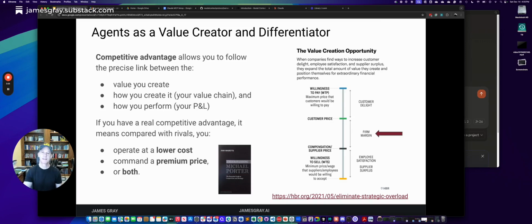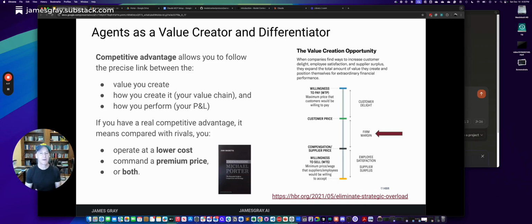What did he say about competitive advantage? Every business wants competitive advantage. What does he say? You need a couple of things. One, you need to be able to operate at a lower cost, or you can charge premium pricing, or you can do both. So real competitive advantage is really that.